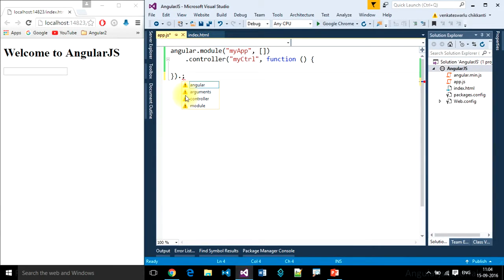Again on top of this we can create services, factory. This is my service, comma. Like this we can create services also. Like this we can create whatever we want on top of our Angular module.